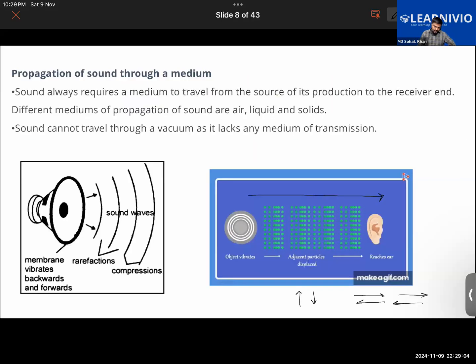So we are learning that sound travels in the form of waves, particularly longitudinal waves. Further, we know that it always requires a medium to travel. So for sound to be transmitted from its source to our ear, a medium is required. Right? In space, there is no medium. So how do you think astronauts would communicate with each other in space without a medium?